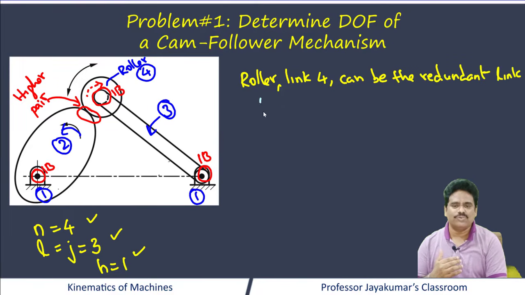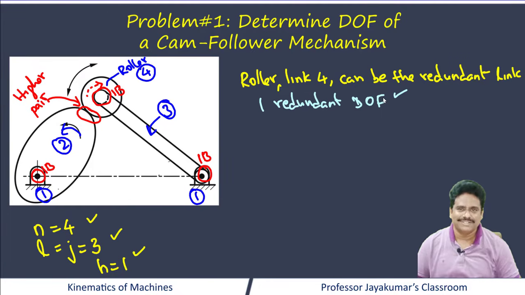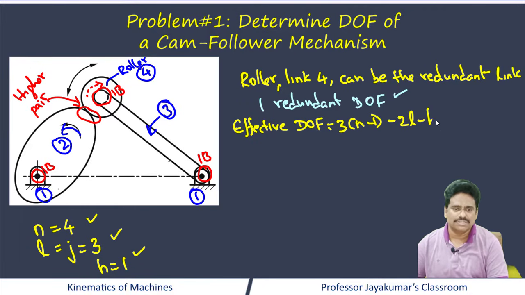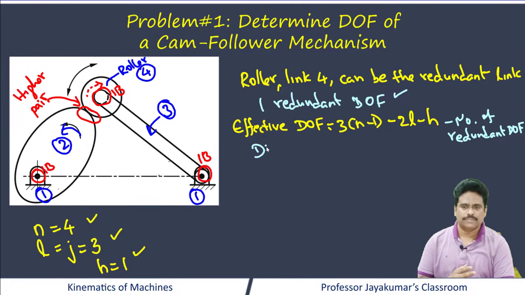Therefore, we have one redundant degree of freedom in this mechanism which needs to be subtracted. So what is the effective degrees of freedom? So substituting these values, we will get